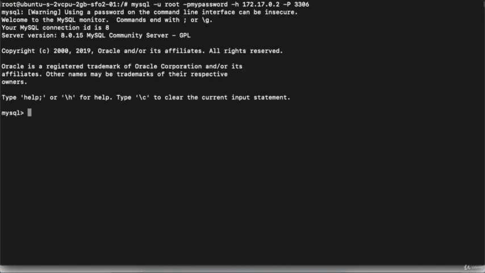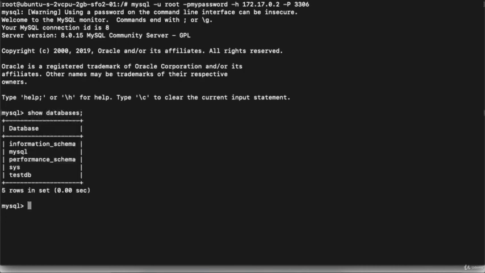Then hit the enter button and you can see we have logged in to the MySQL DB, right? So first we will verify how many databases are present over here. So I will execute the command show databases semicolon, hit enter. Then see the test DB is present over here. So why is the test DB present over here, although we have not created the test DB in this particular container? Because we are using the existing data volume with the new container, right? We have upgraded the MySQL, but we are using the same database which we have used in the previous container.